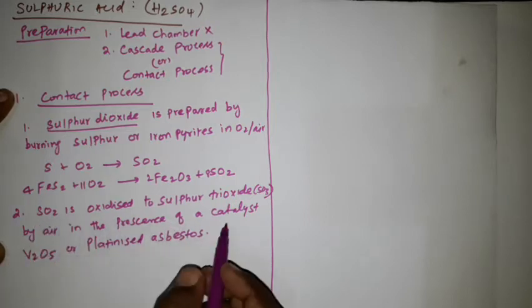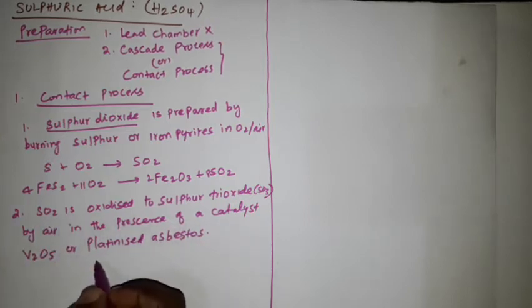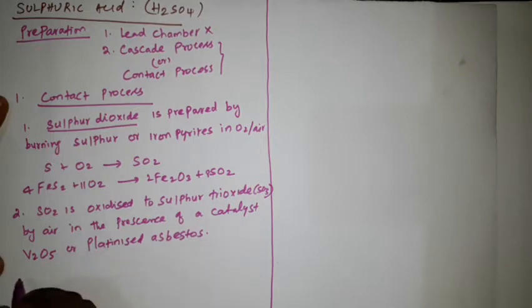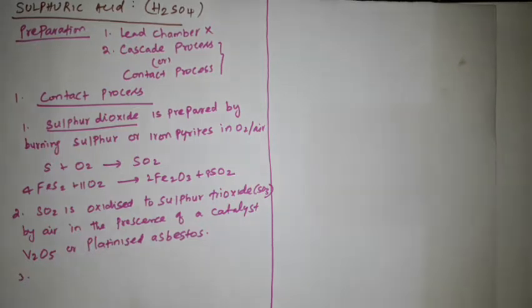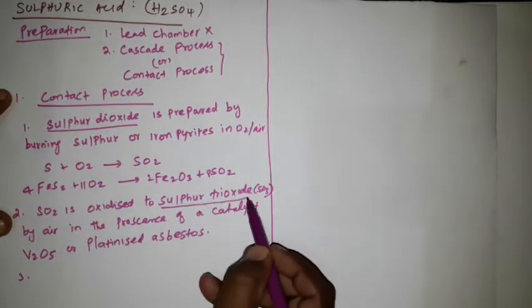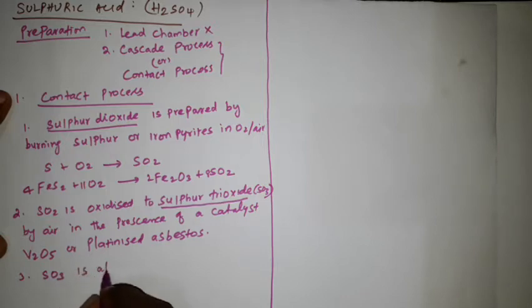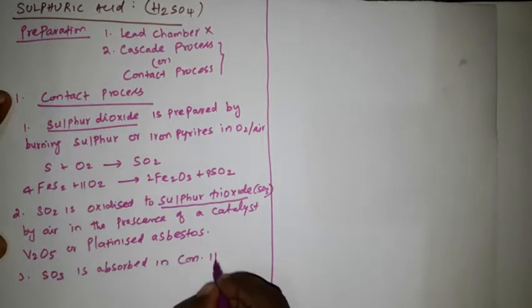So sulfur dioxide is converted to sulfur trioxide by air in the presence of a catalyst vanadium pentoxide. Okay. Now step 3, the sulfur trioxide is absorbed in concentrated sulfuric acid. The sulfur trioxide is produced in step 2. We are going to convert it into sulfuric acid. So in step 3, sulfur trioxide SO3 is absorbed in concentrated sulfuric acid